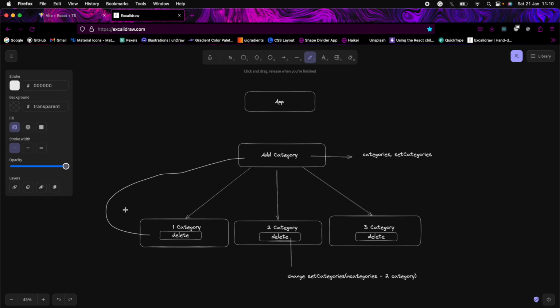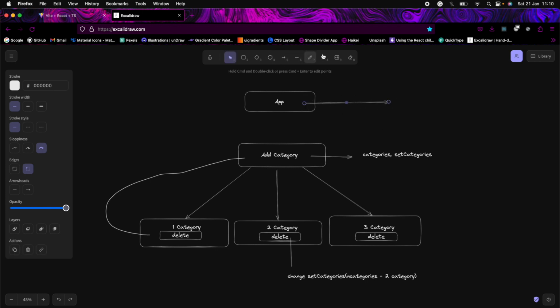If I click this delete button, this category should be gone here, but that cannot be done in regular React. So in order to avoid that, what we can do is